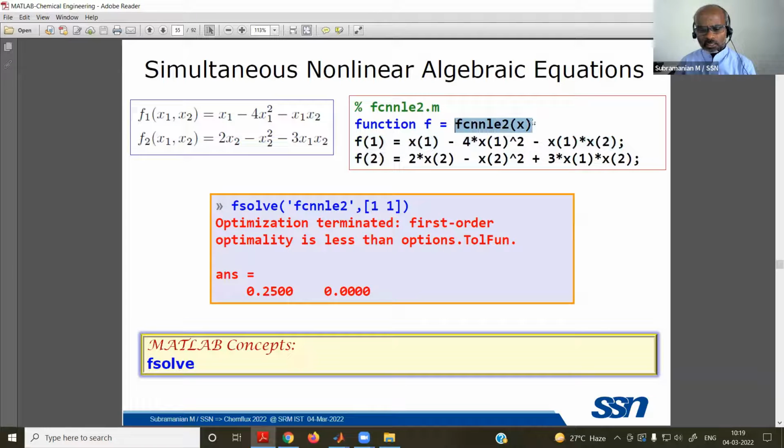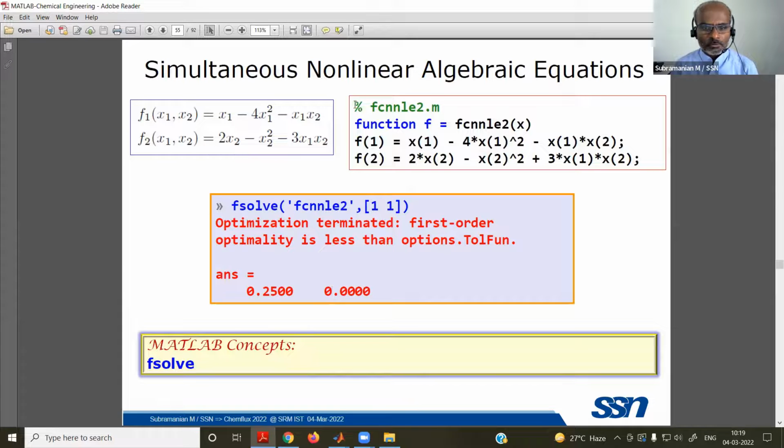You need to give the starting guess values, the initial guess values, for X1 and X2. The X1 and X2 are given by this array, in square brackets. So 1 and 1 are the values for X1 and X2, and it gives the output. So how do you do this?